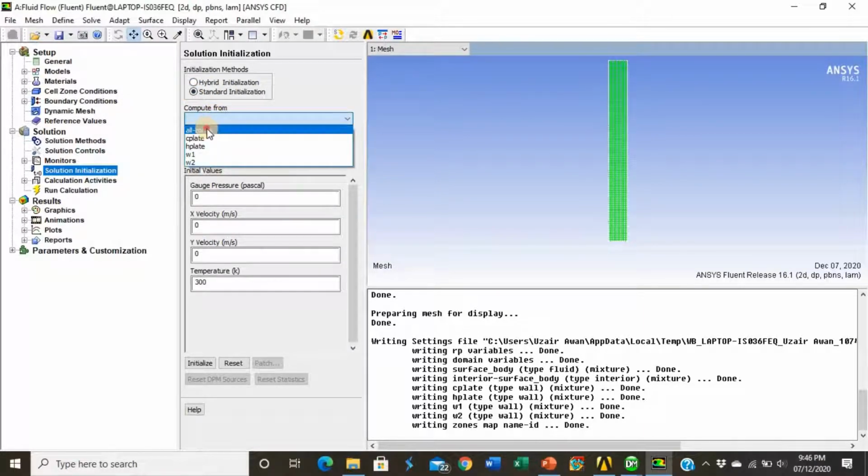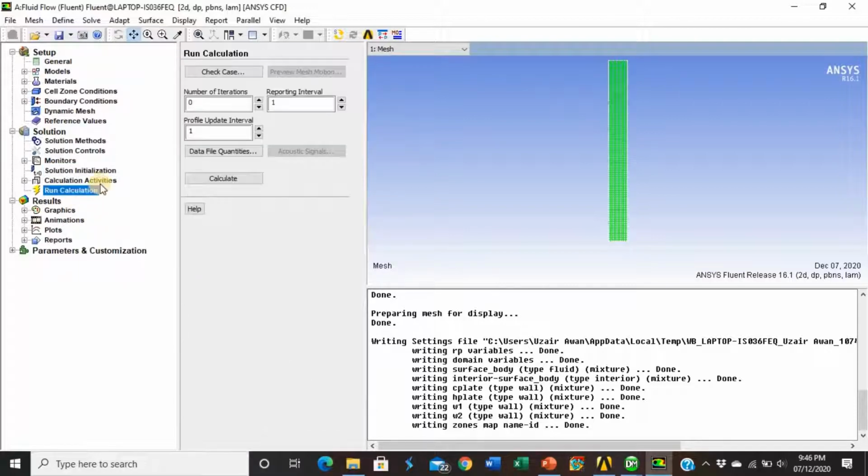from all zones. Click on initialize and then move to the run calculation option. Enter the number of iterations. Here you can enter any random number of iterations. Okay, let's enter 1000 iterations. Click on